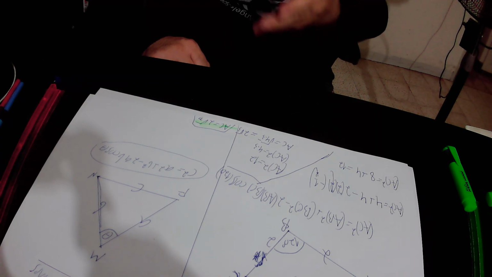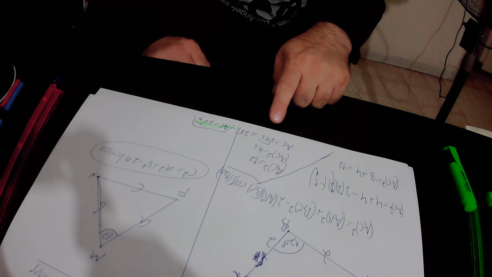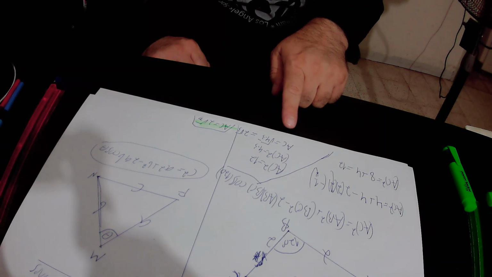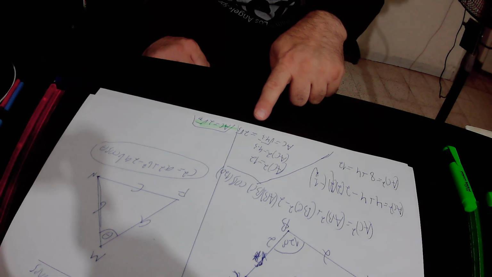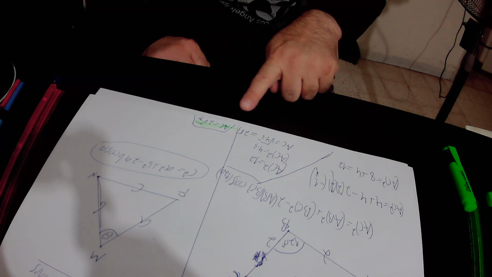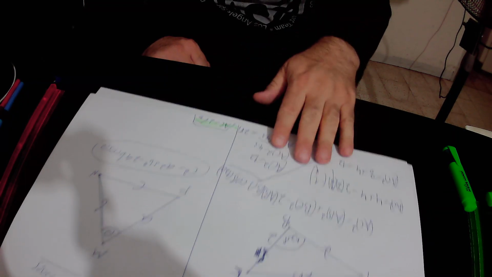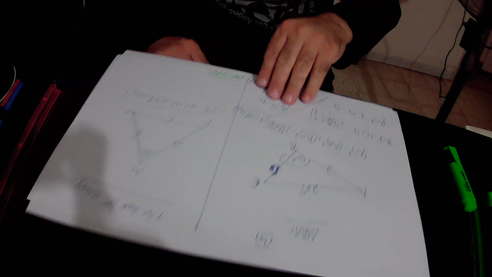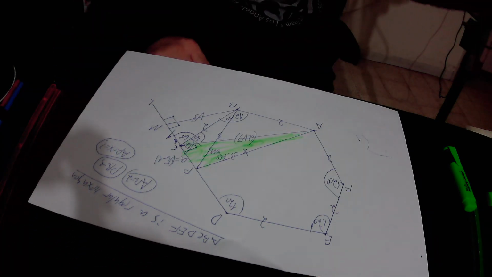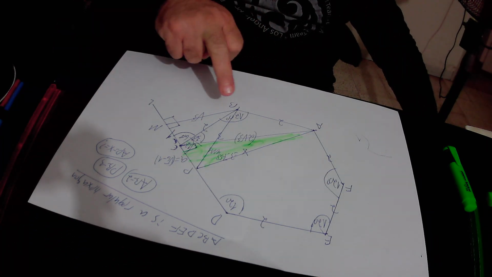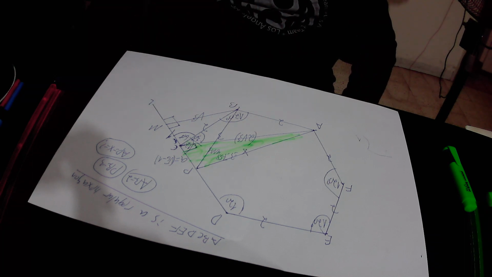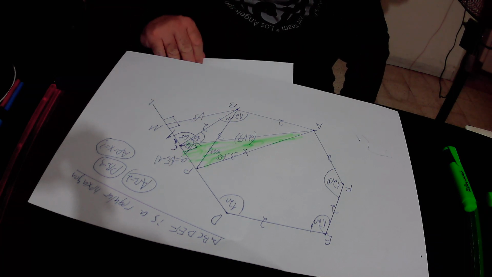The square root of 4 is 2, so we can take 4 out of the root and we get that AC equals 2. Inside the root we are left only with 3. So AC equals 2 times the square root of 3 units. You can write here in the original drawing that AC equals 2 times the square root of 3 units. Okay? Then